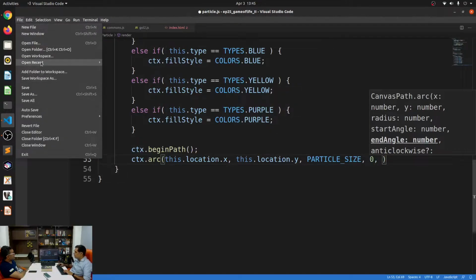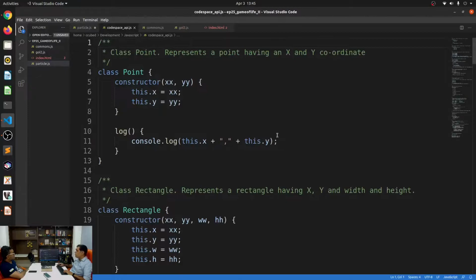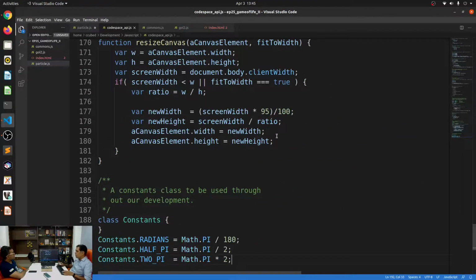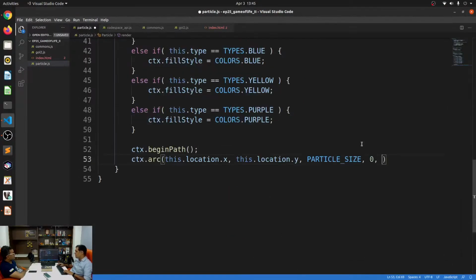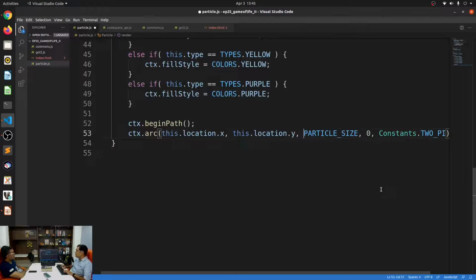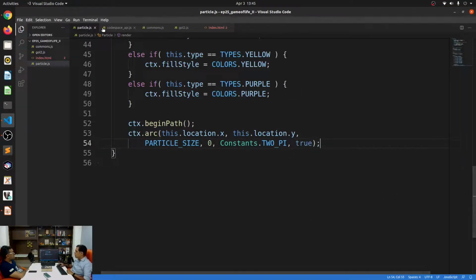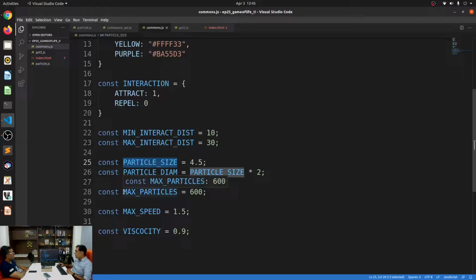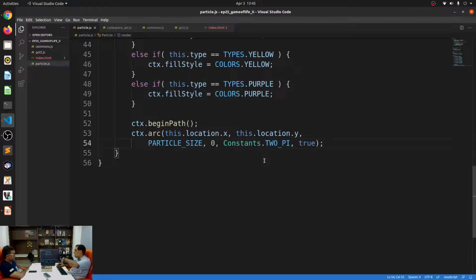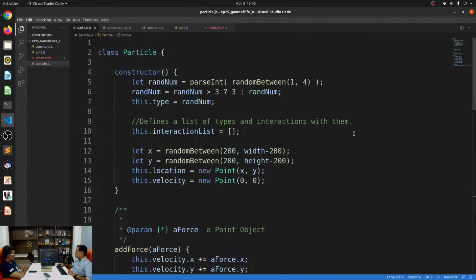I think pi, it's 2 pi, but we've already pre-calculated 2 pi and put it as a constant on our CodeSpace API. And the reason we pre-calculate this is because, if you look at the number of particles, the maximum is 600. You'd have to call 2 into maths.py 600 times. That's why we pre-calculate it and keep it. So that's just about drawing the particles on the screen.